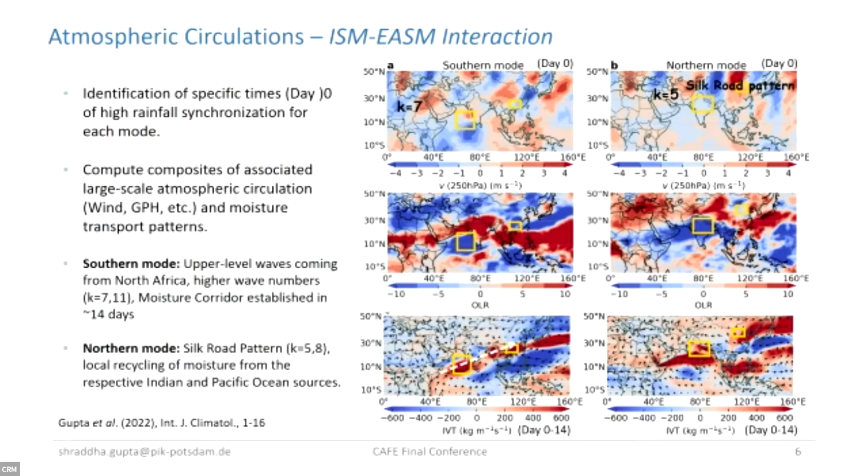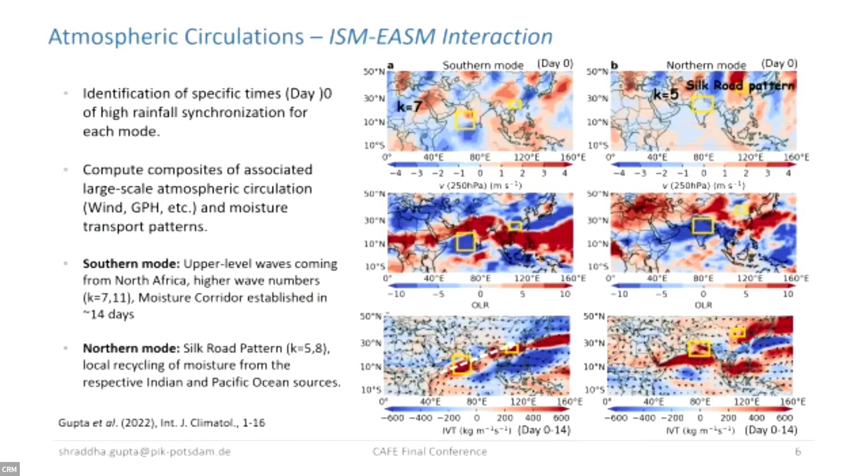We also looked into the OLR, and we found that there is negative OLR indicating positive convection over both the pairs of regions for both modes. And then we looked into the moisture transport pattern by computing the aggregates of the vertically integrated moisture transport anomaly from day 0 to day 14. And we saw for the southern mode